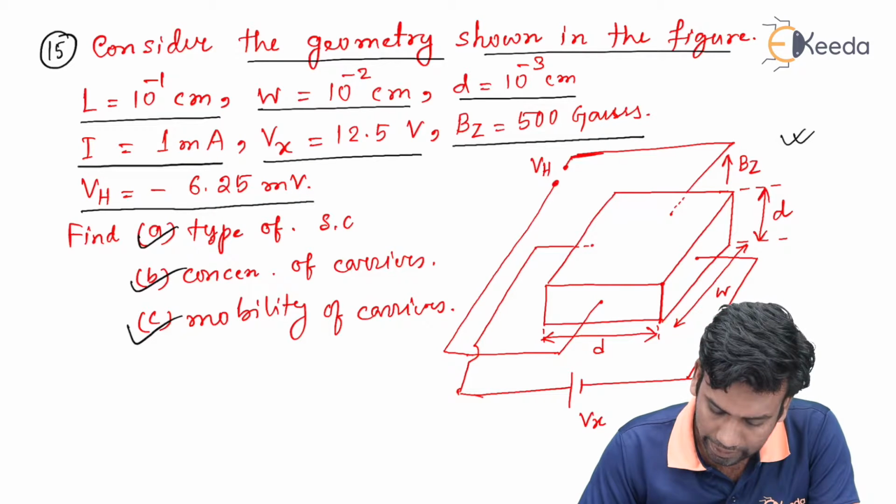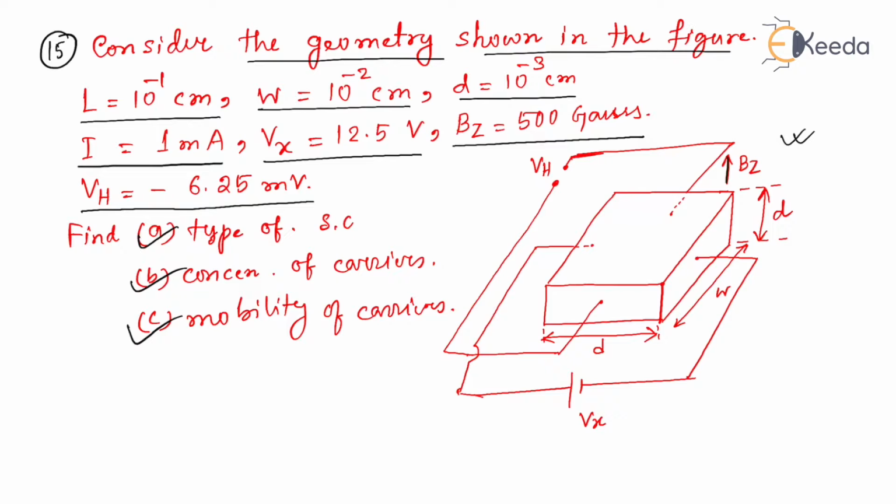Now if we look at the diagram, we can see in the z direction a magnetic field has been given and the value of the magnetic field is 500 Gauss, and the D value is 10 to the power minus 3 centimeter, and the W value is 10 to the power minus 2 centimeter, and this L value is 10 to the power minus 1 centimeter, and Vx value is 12.5 volt,